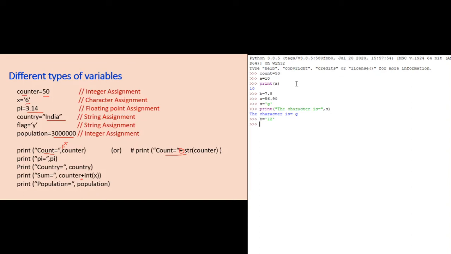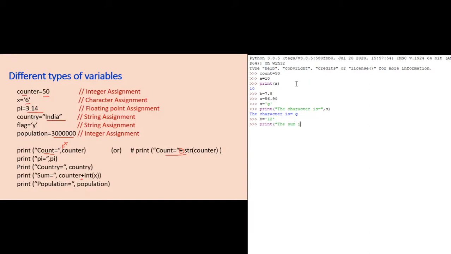I want to add 10 and 12. For this, I cannot directly add these two values. I have to first convert this B into an integer. For that, it can be done simply within the print statement also. Or you can write a separate statement and then we can store the result in a variable and then it can be printed. Here we are directly printing like this.